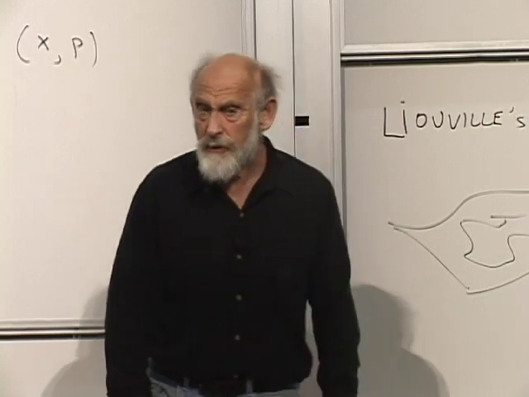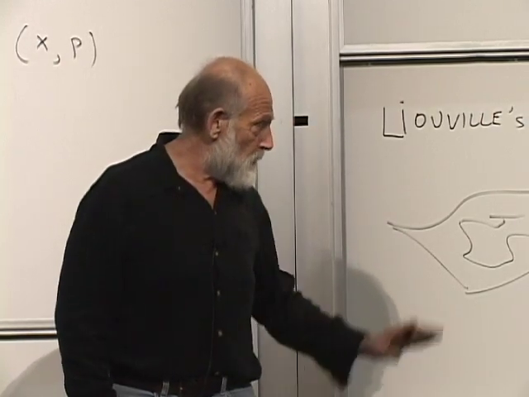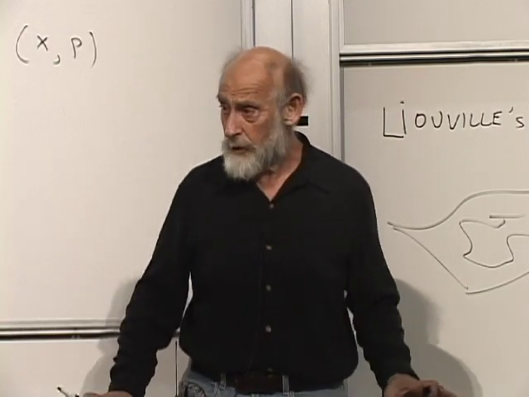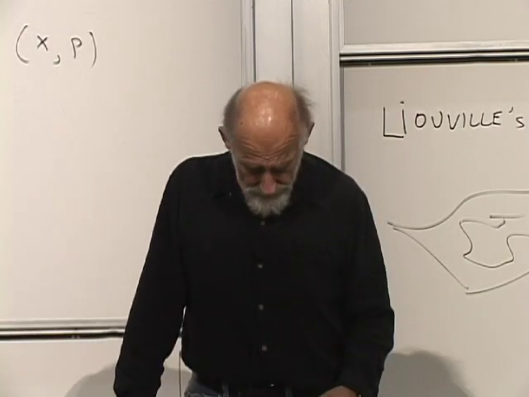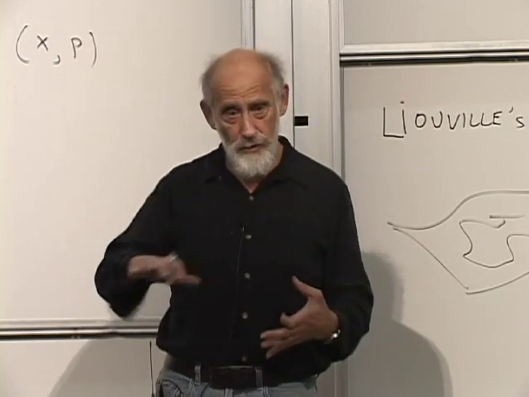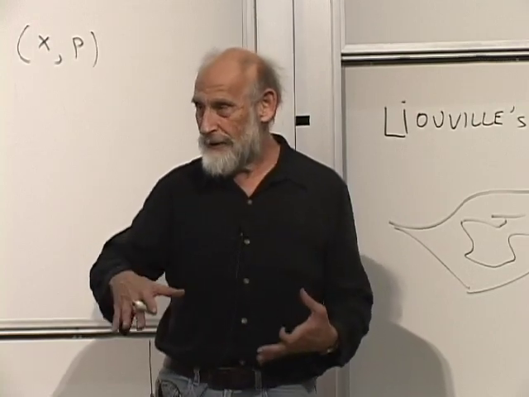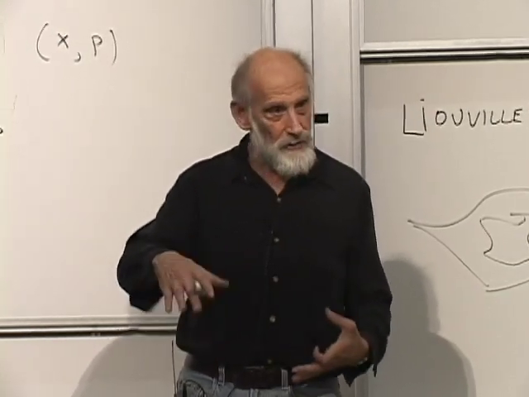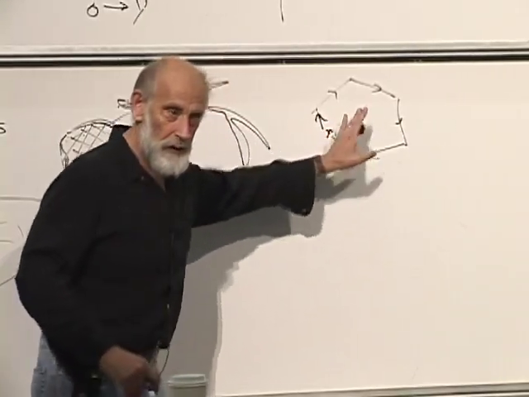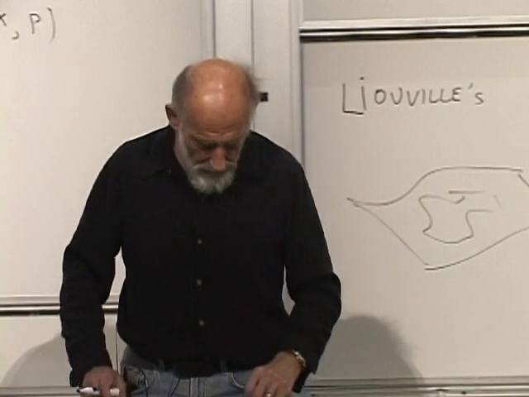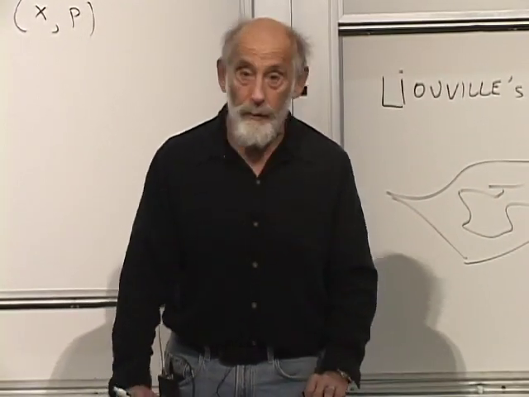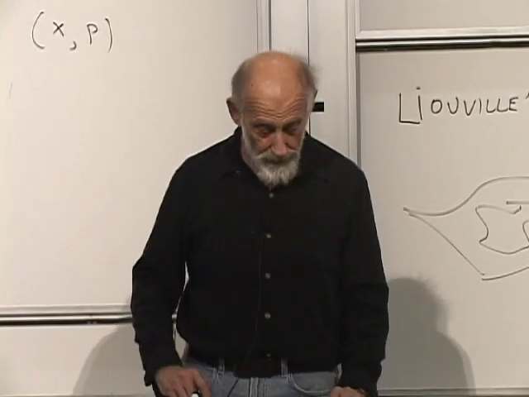Now, the ultimate justification, in fact, for this principle of equal a priori probability on phase space really is quantum mechanics. Because it's only in quantum mechanics where the states of a system are discrete and where you can actually count states and so forth and make it more like this situation here. All right, that, in any case, is an important principle: equal a priori probabilities, or uniform a priori probability distribution.